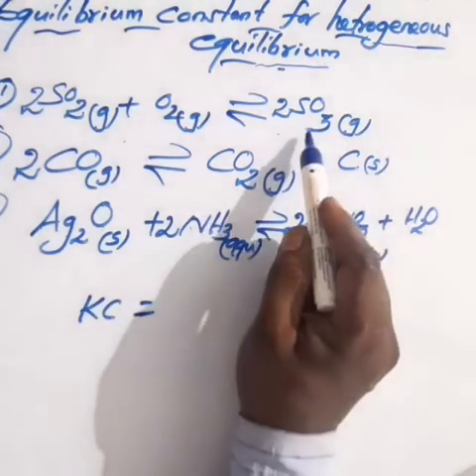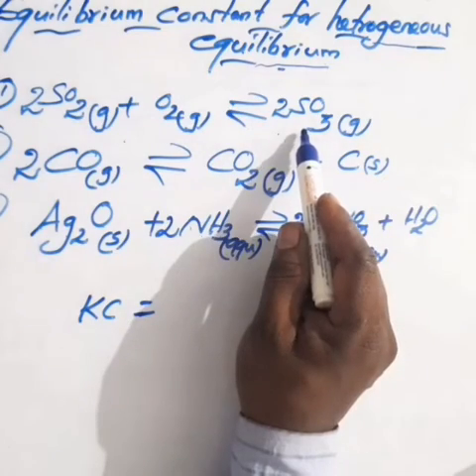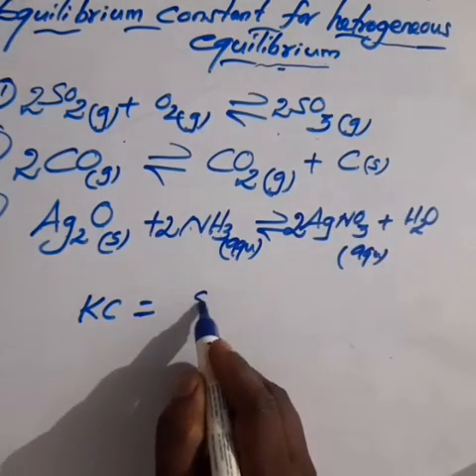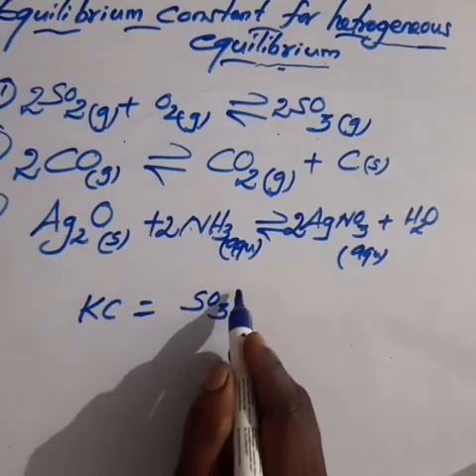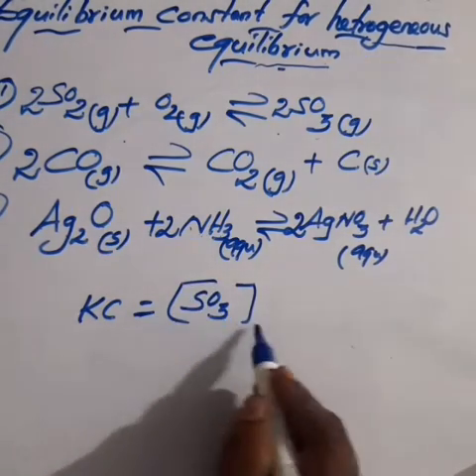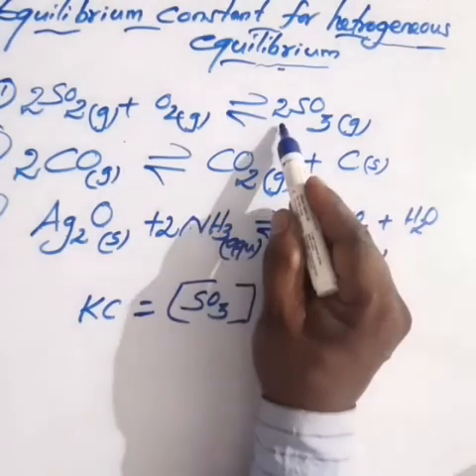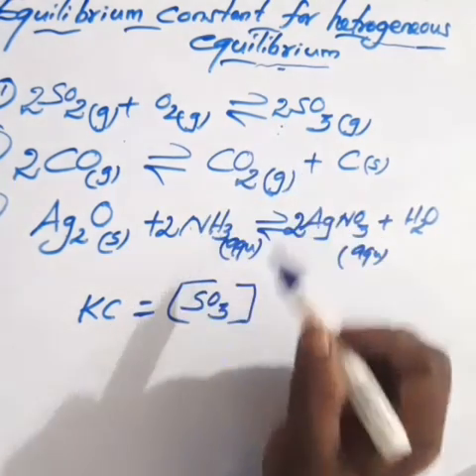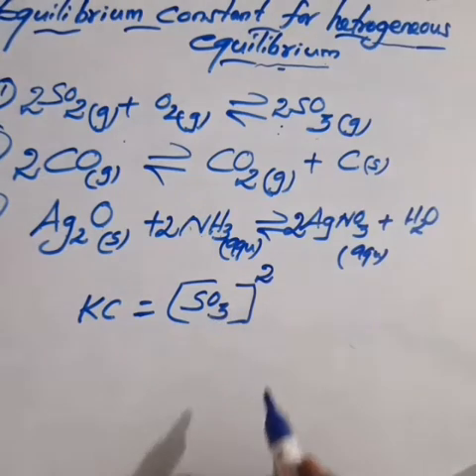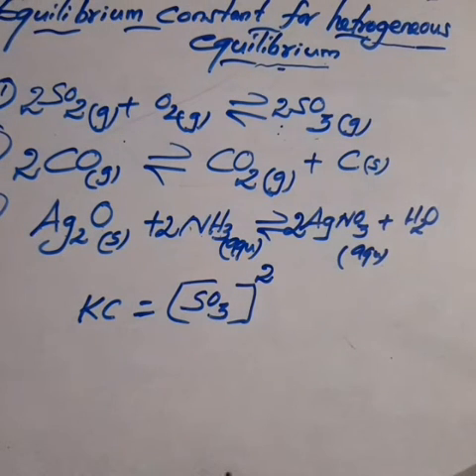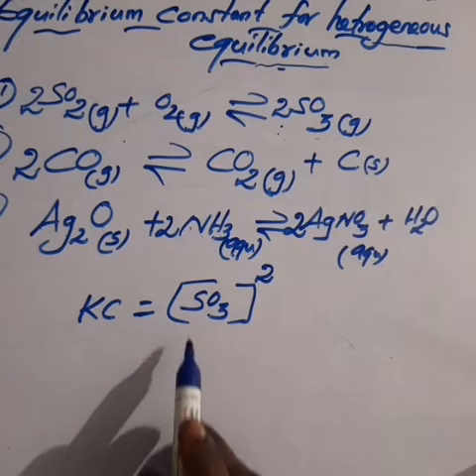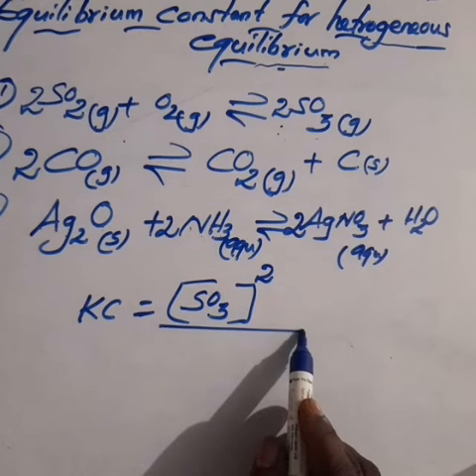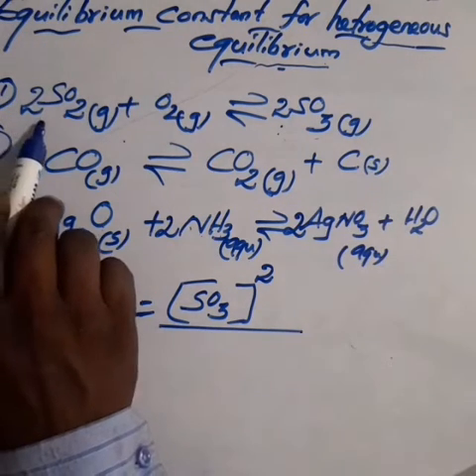Kc is equal to the concentration of sulfur trioxide SO3. The stoichiometric coefficient, the number of moles, is 2 here, so make it to the power 2. So sulfur trioxide power 2 divided by